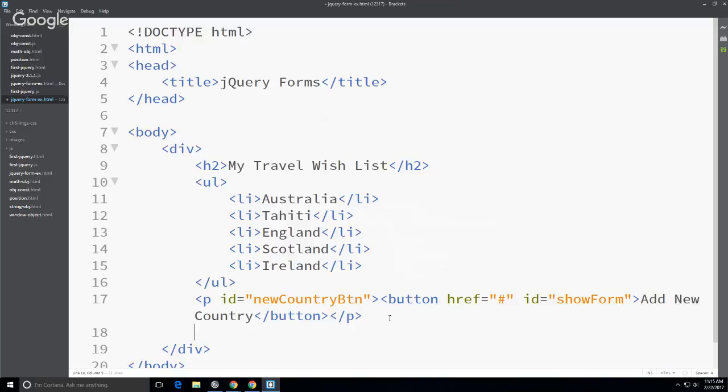simple form with an input field and a submit that you can enter the name of the country. So we're going to add a form, and